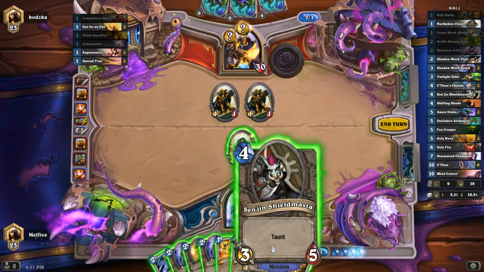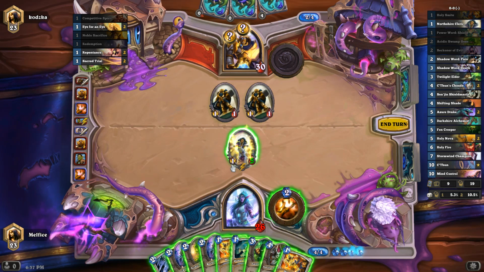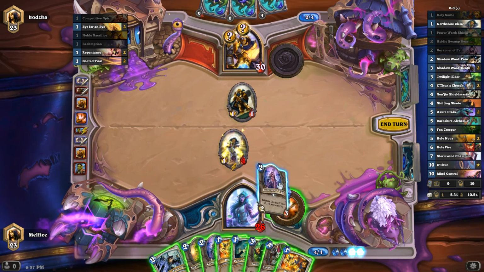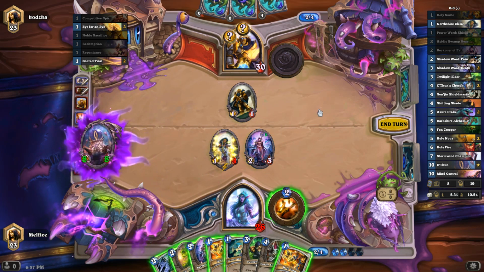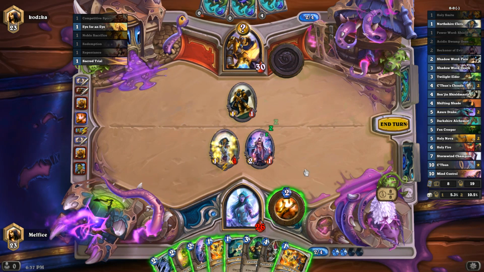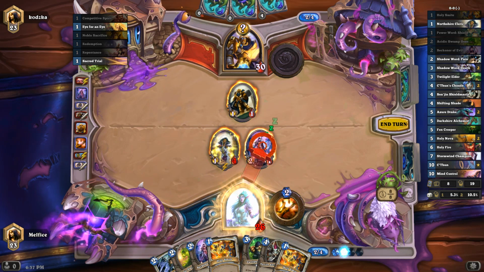Okay, so for here, we could put down the taunt. We wouldn't be able to play that much. I think we should. Obviously, we have to trade. I have a feeling, I really have a feeling that he's going to have that. Are you my master? Yeah, that's what I thought. So let's go ahead and buff her up so he can't get a free kill. It's going to be off curve, but...